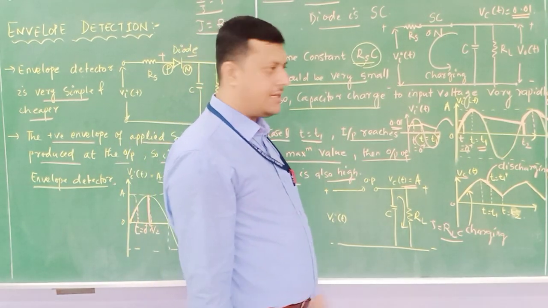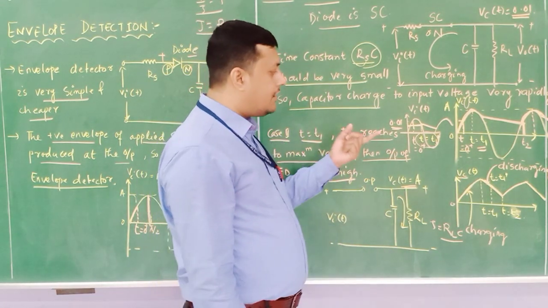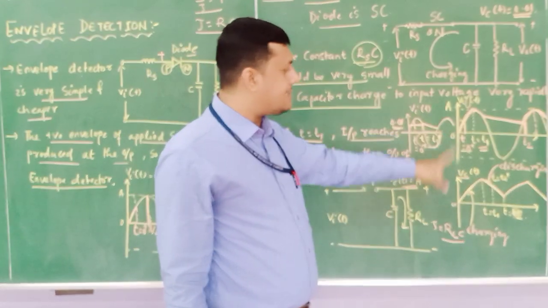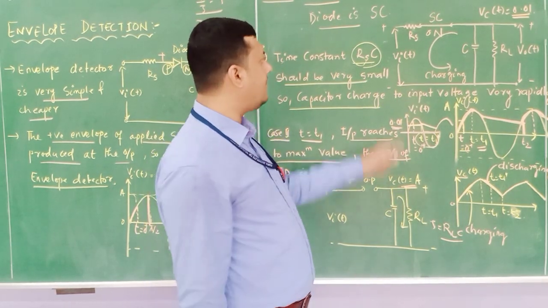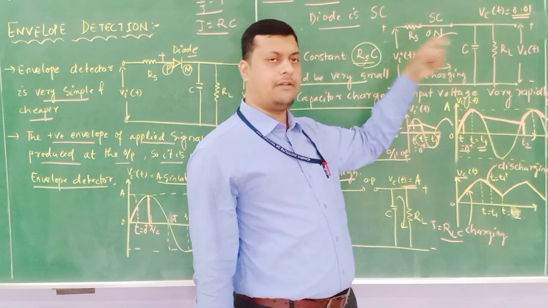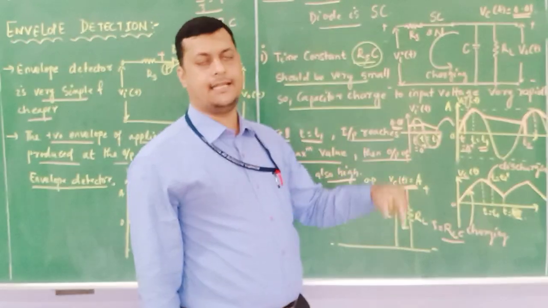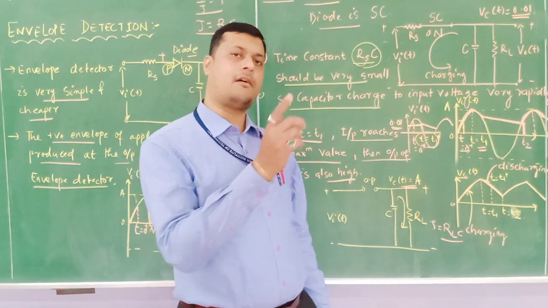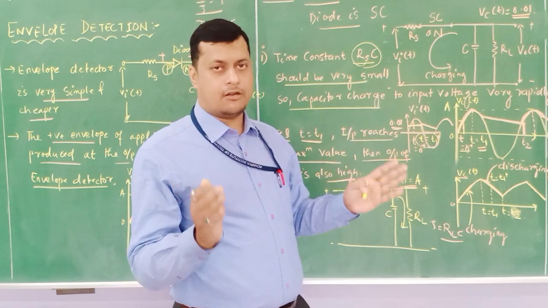Now this is the charging time period and discharging time period, and it plays a vital role. Now when I am providing all these things to my envelope detector, these are the certain cases we are identifying. So here there are two things, two time periods, one RS into C. This time period should be very small so that your capacitor will get charged fast. First case. Second, after charging, in the next discharging case, your R and C will decide whether it is the presence of carrier frequency or the presence of modulating signal in our amplitude modulated signal.